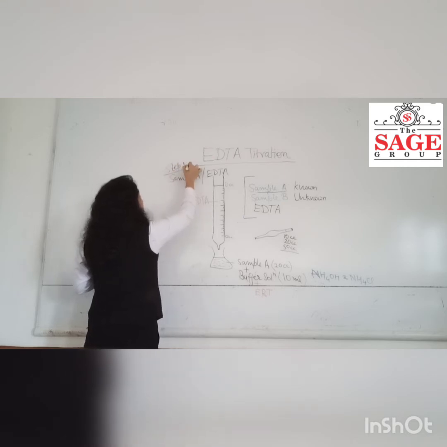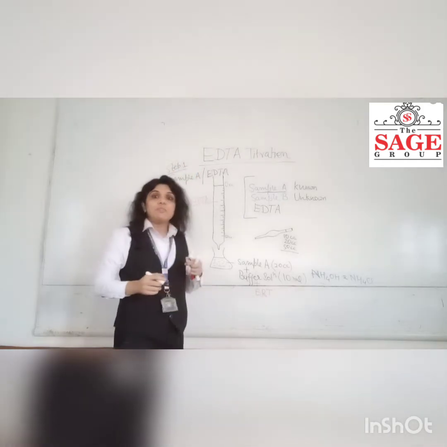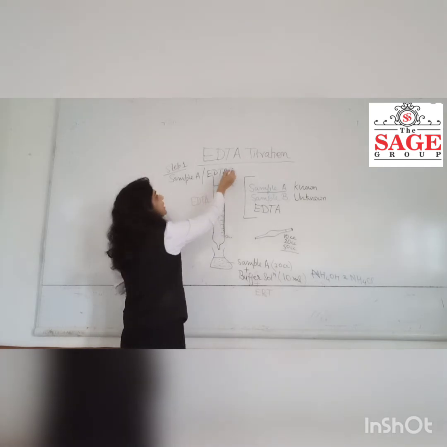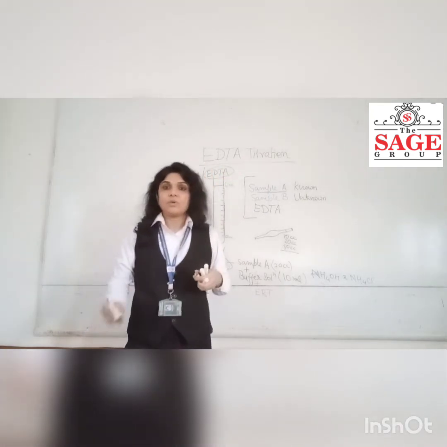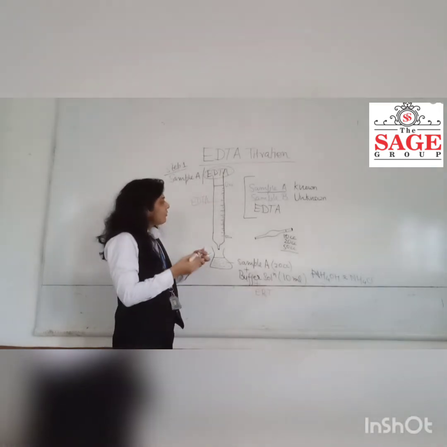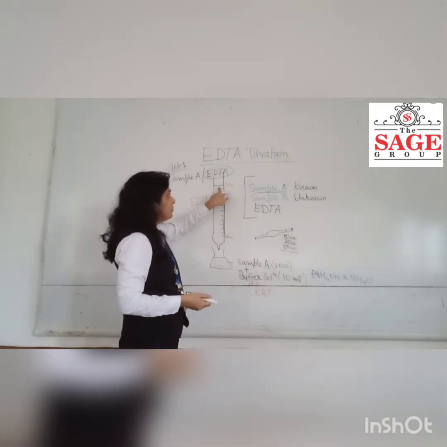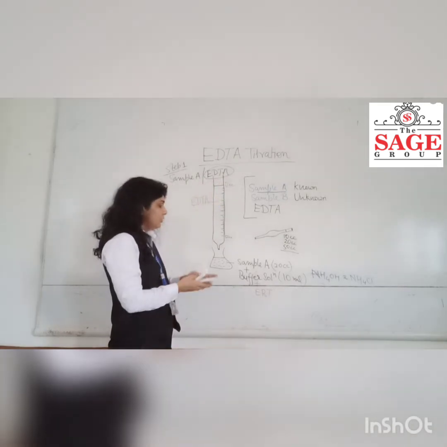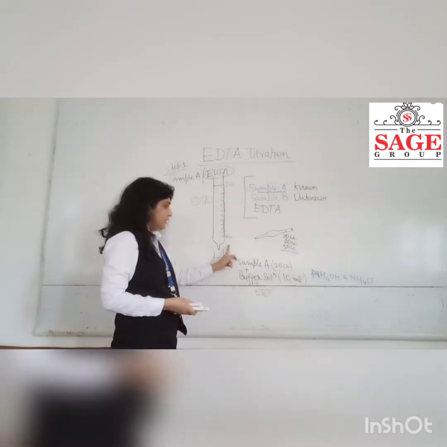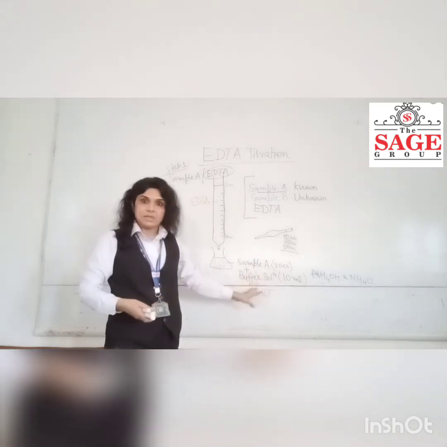After doing this step, what will be known to us? We will be able to find out the concentration of EDTA. Now, add EDTA solution up to the 0 cc mark, which will be provided to you. In this conical flask, we have taken and added all these three things.